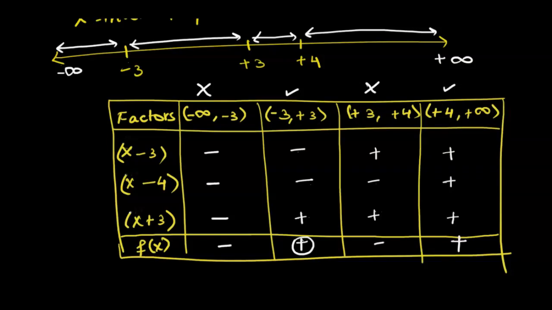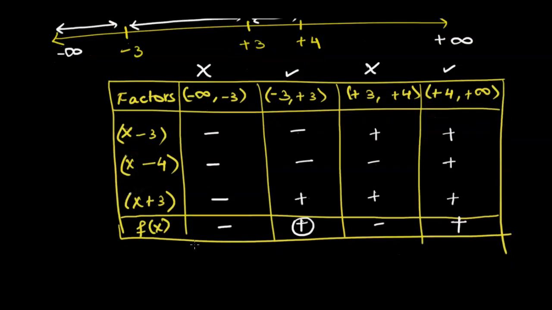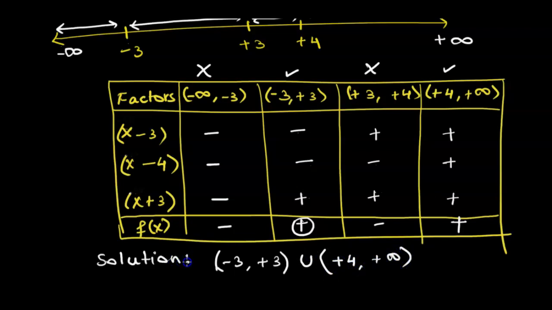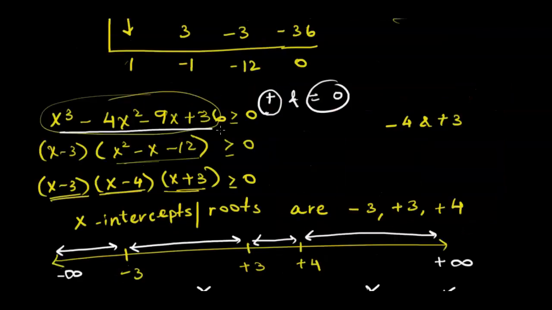That we would write down like this. When we write the solution in interval notation, we put negative 3 to positive 3 and, because there are two solutions, positive 4 to positive infinity. So this is how we write our solution. However, this solution is still not correct. Let's go back to the question and see why. The question wanted us to find those values of x that give us a positive solution and that give us an equal to 0 solution. So the positive solution we have already figured out. How about the equal to 0 solution?